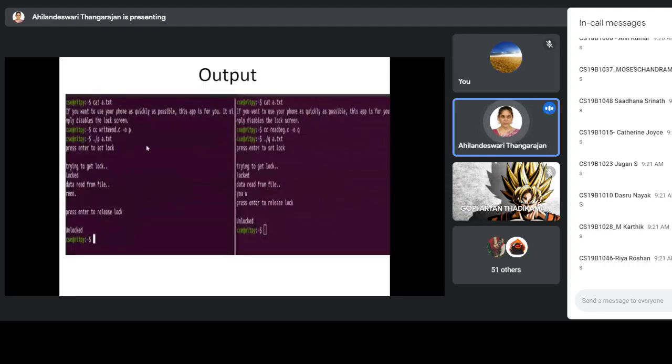Now we are going to execute. See here, cat a.txt. So this is the content of the file. Then here, this is the program with the name write lock at the end. So here, write lock at the end, that is compiled with the name p. Now I am executing ./p a.txt.